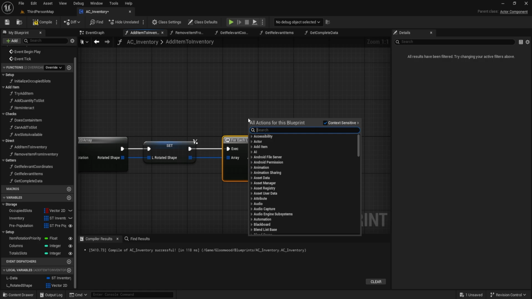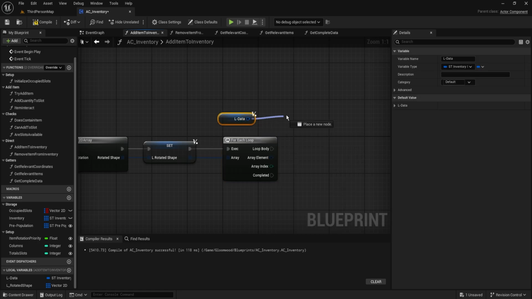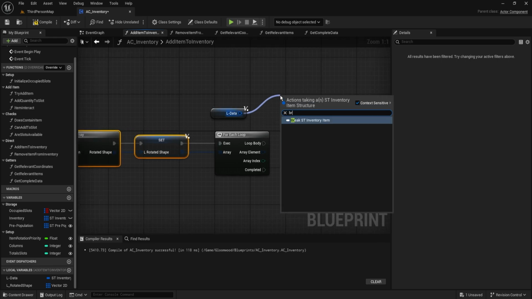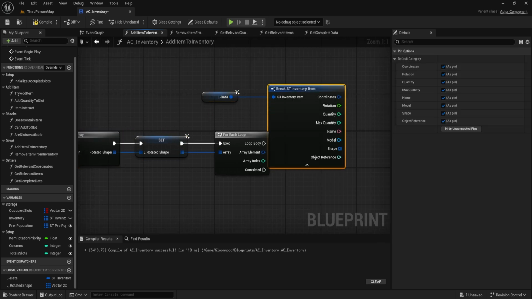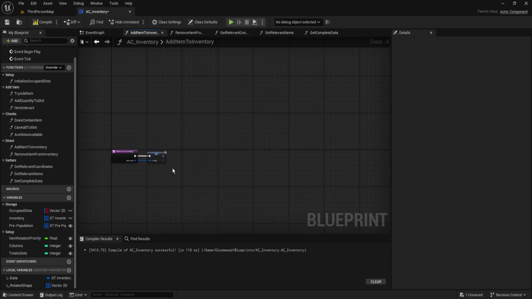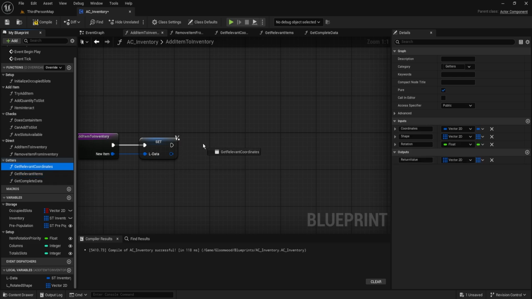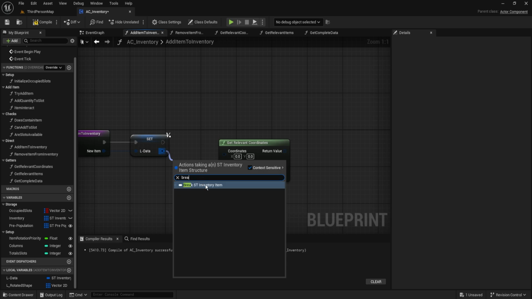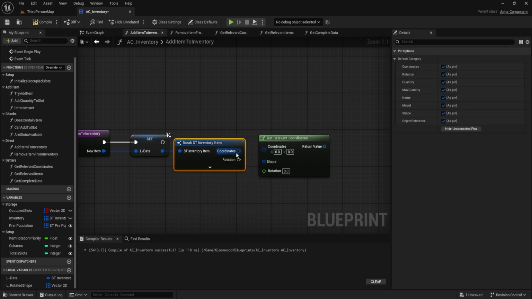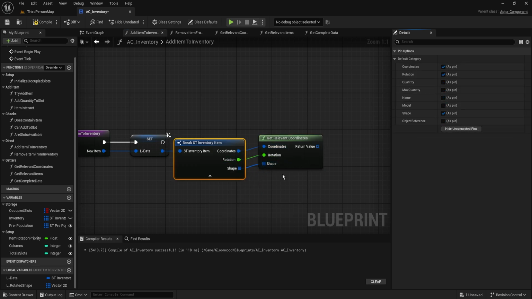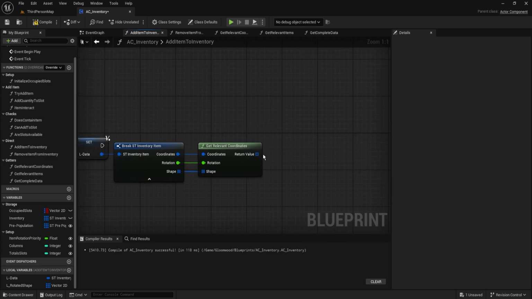And we're going to get our L data, and we're going to get its coordinates, because even if this rotates the shape, it doesn't do anything for the coordinates. So we're going to break it right here. Actually, we can do this a bit differently because I missed something: I have a function that's a lot easier. Use get relevant coordinates here. Pass in the information that we need. So we're going to break this. We're going to pass it through, and we're actually going to invert this as well, our shape and our rotation. There we go, and shape, and then we can say hide connected, plug this in, and we're going to promote